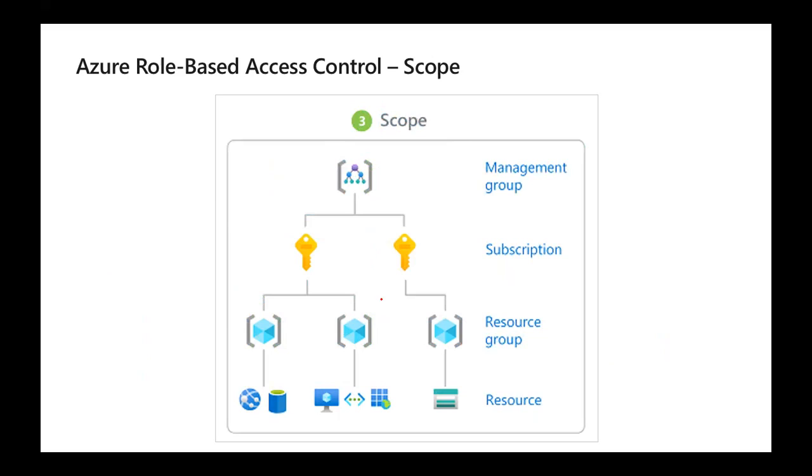So you can see right here that example. This is just for one resource group. Maybe in Azure we have different resource groups, but this user is not going to be allowed to manage different